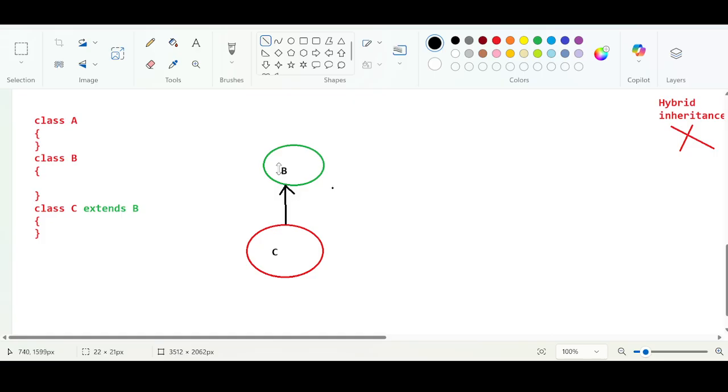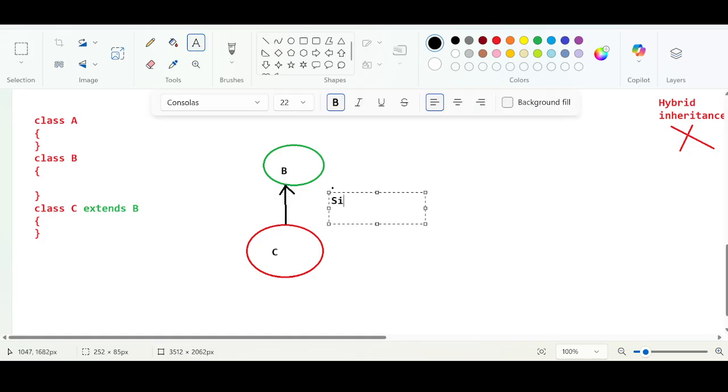Okay, this is single level inheritance. You see this, and you can say that only one derived class, or one child class, has only one parent. So this is single level, right? And when you say class B is extending to A,